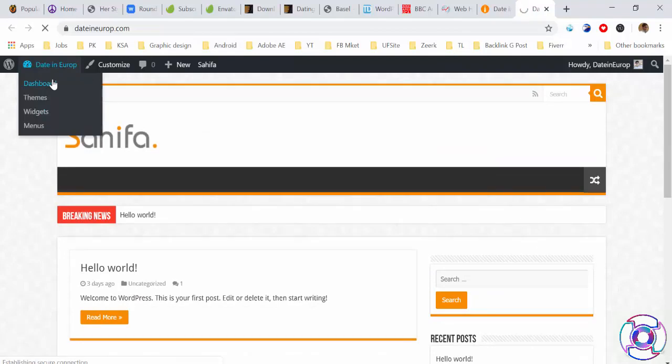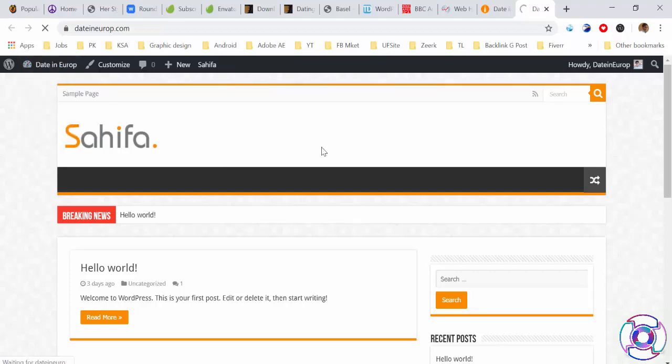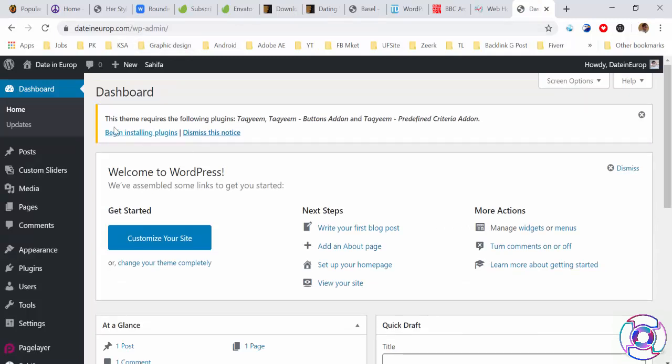So next, the dashboard. By default, on any site you will see the dashboard like that. WP admin, you see the dashboard and it's recommended this theme requires the following plugin.